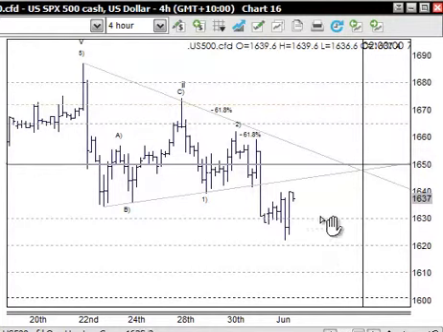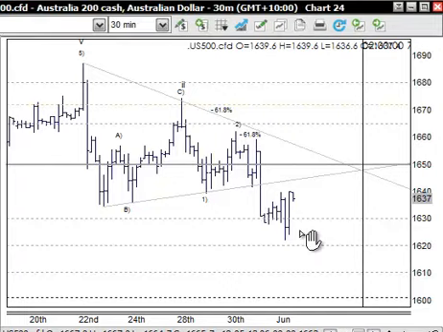So bottom line is that no matter what the wave count is, as long as it's under the 1650 here, then it's bearish. If it sits on there, then it's bullish from that point there. And I'm harping on about that because of the sharp move down in the US dollar, which we'll look at in a moment. The Australian market